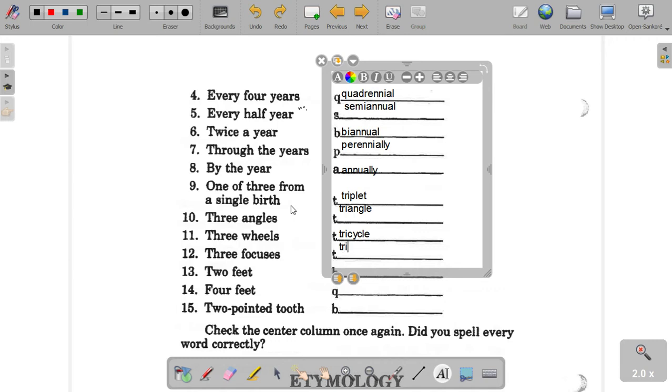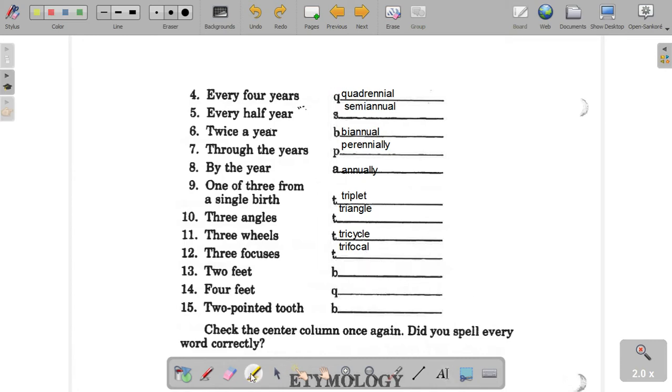3 focuses. Trifocal. So trifocal lenses, you've heard of bifocal. Trifocal lenses are pretty crazy. My dad has them. Basically, if you think of glasses, here's the lens of the glass. Bifocals, what they have is at the bottom here, they have an extra strength lens so that when they look down through the glasses, the magnifying part of it is stronger here so that when they look down at a piece of paper or a computer screen, they can see it closer. And then this is for far away vision.